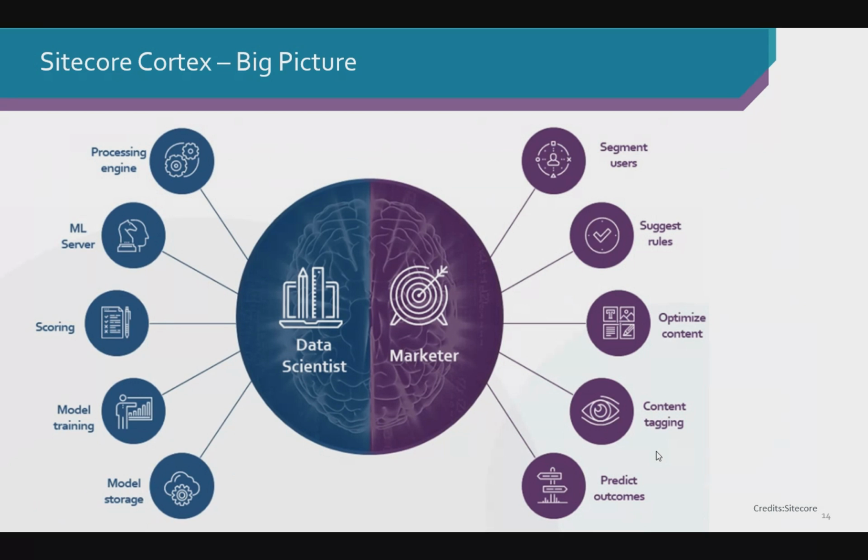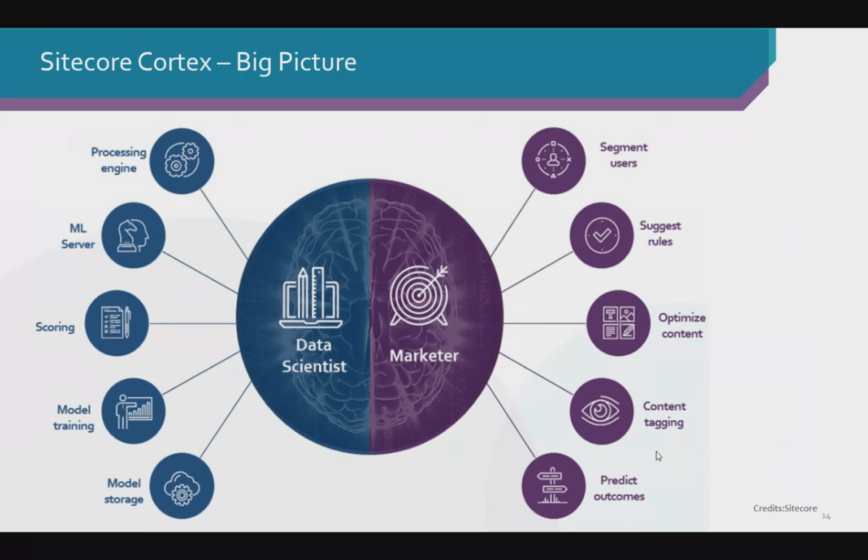If you look at the right-hand side, on the marketeers, which is the purple one, as a marketeer, what you want to do is segment your users or have all those profiles and personas. You need to suggest rules, optimize your content, and predict outcomes. Those are all the things you want to do as a marketer.